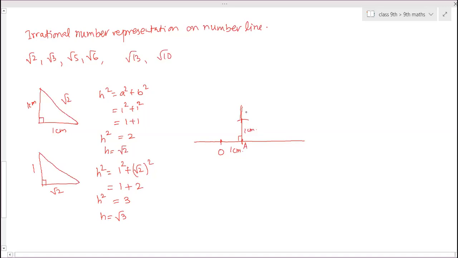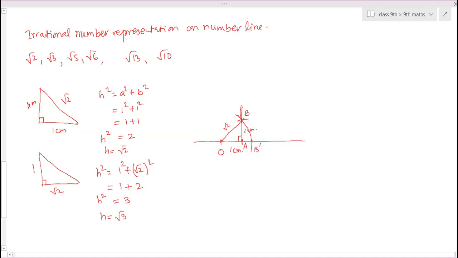So this is point A. A to B, you have to draw as 1 centimeter. So horizontal line 1 centimeter, vertical height 1 centimeter. So when you join the hypotenuse this way, the value of this we already calculated: vertical 1, horizontal 1, then hypotenuse is root 2. Now we have to show this distance on the number line. So keep the compass at point O, take OB as the radius and draw an arc from O. So it will come like this. So this point intersects the number line, suppose this is B dash.